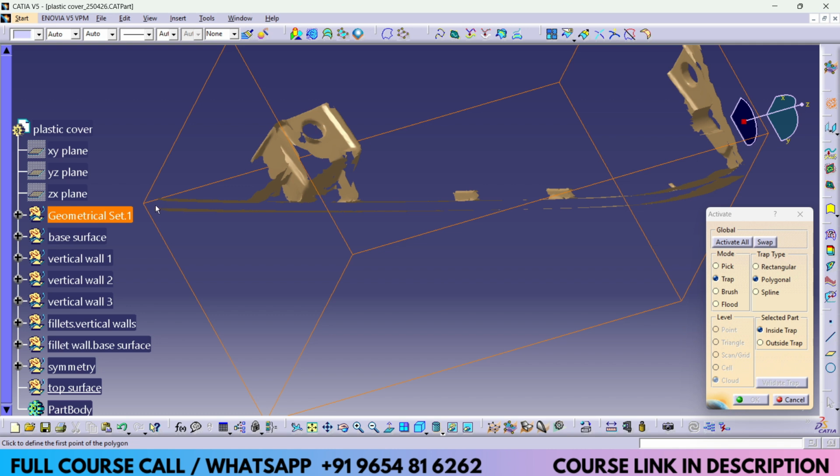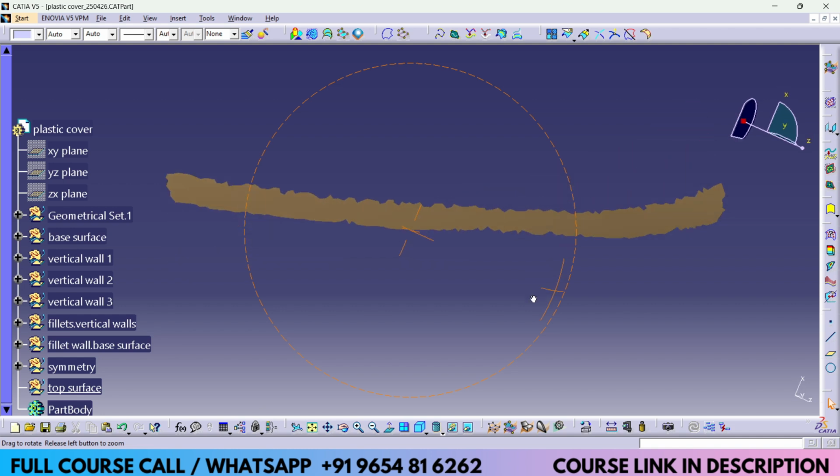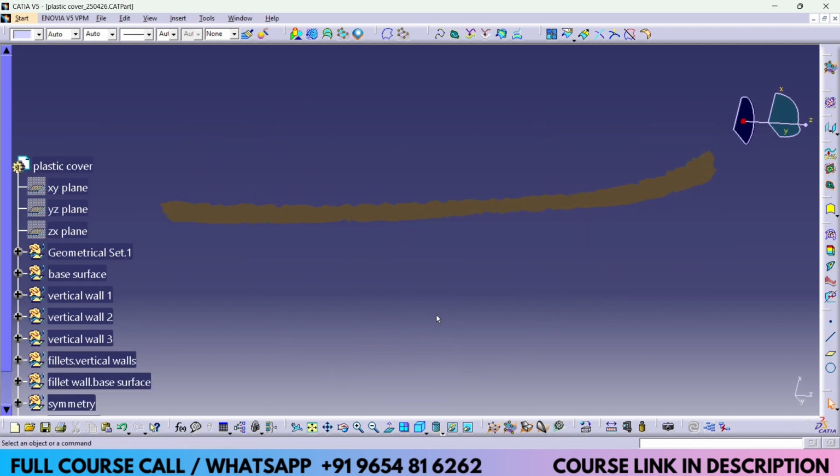Then define the polygon, and okay. So this is the scan activated.